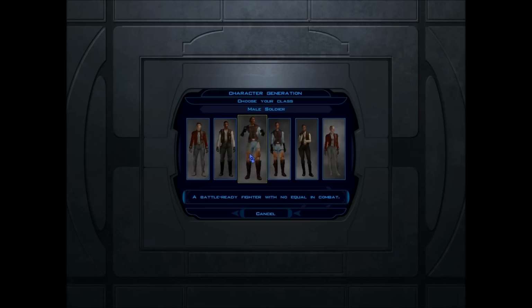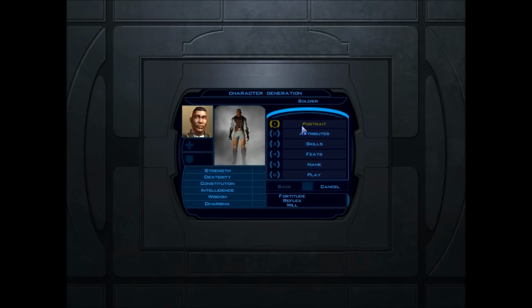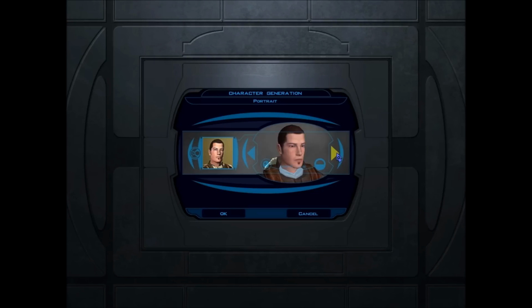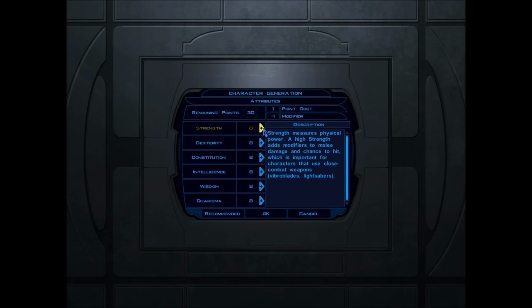For a lightsaber heavy combat character, Soldier really is better tailored for that, particularly because you get the heavy armor feat right off the start, so that saves you a lot of headache. We'll just say that. Do a custom character. I'm going to go with the face that I usually go with again. Go with this guy. Attributes, since I am going to be a melee character, I'm going to put